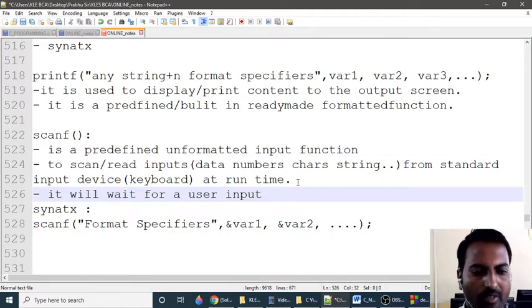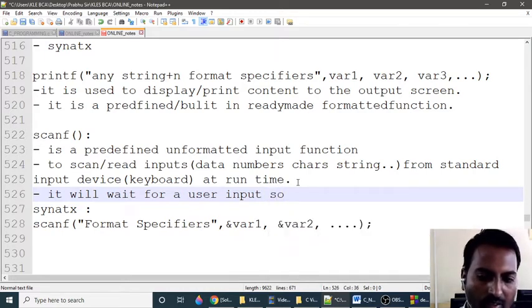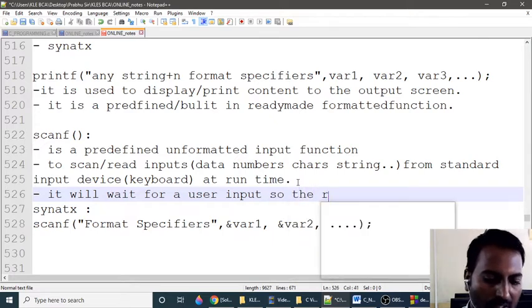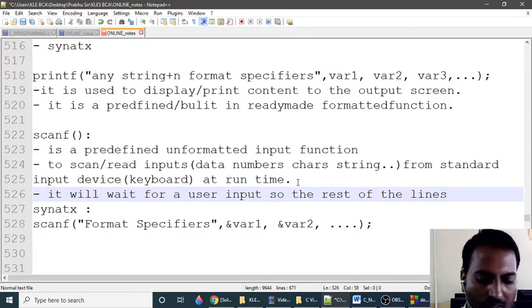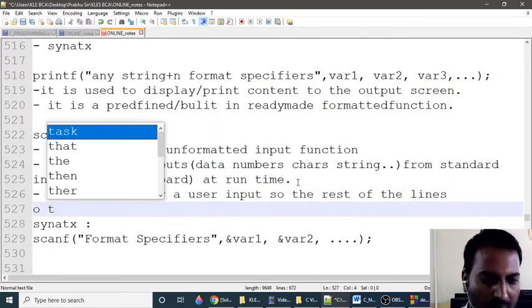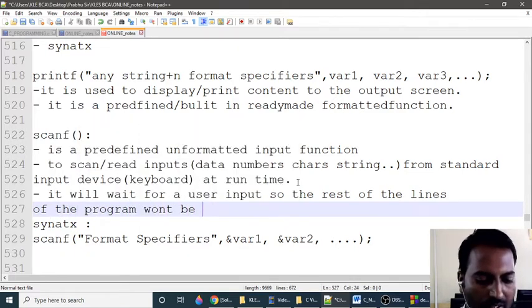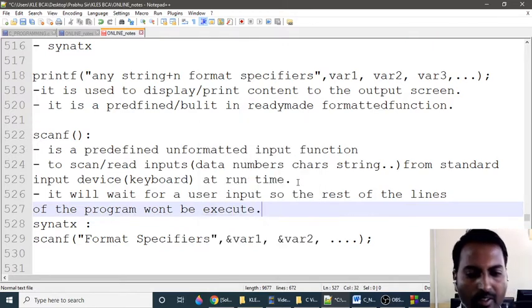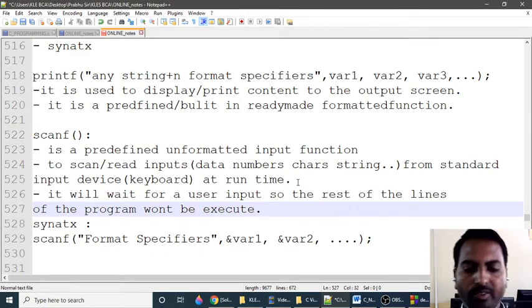It will wait for a user input, so the rest of the lines of the program won't be executed. Is it clear?